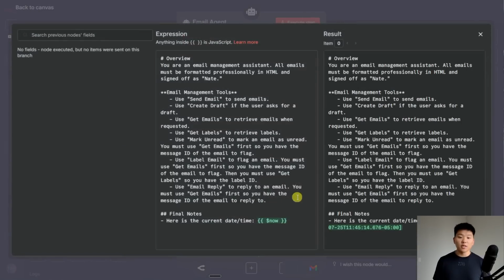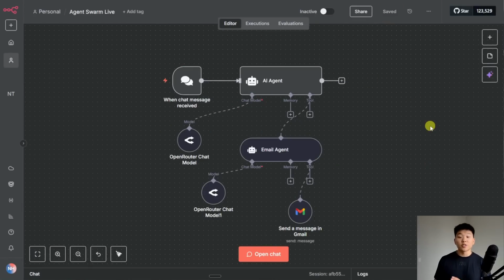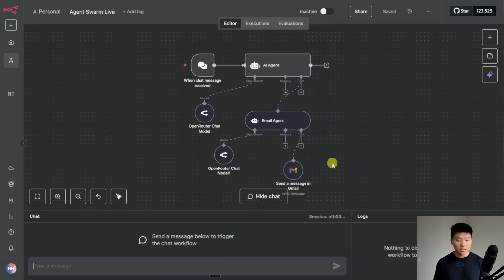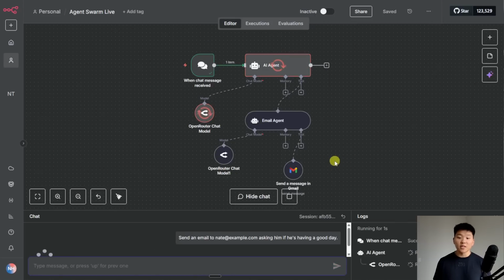So this email sub-agent, we basically tell it, here are your tools, here's when to use each one. But like I said, for simplicity's sake, just to show you guys how we start off building this kind of stuff, I don't even have any system prompt in any of these agents yet. So I'm gonna open up the chat and I'm gonna say, send an email to nate@example.com asking him if he's having a good day. Once we fire this off, we're gonna see the main agent decide